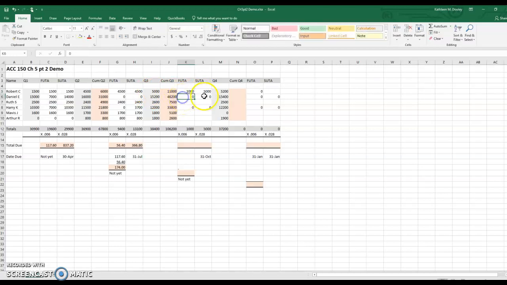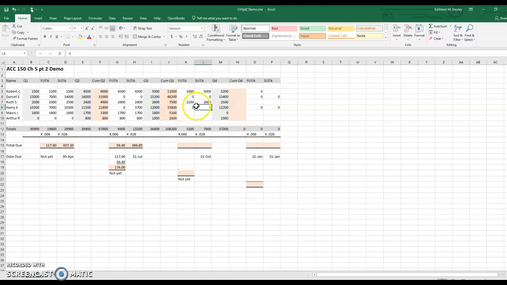Okay, for Daniel, we already have our zeros in. Let's go down to Ruth, has 7,500, which is a little bit over the maximum for FUTA. So we go back to cumulative 2, that's 4,900. So I take the 7,000 minus the 4,900, there's 2,100 left to hit the maximum. So out of the 2,600, 2,100 is taxable for FUTA. Now, the ending cumulative for quarter 3 is still underneath the South Carolina maximum, so all 2,600 will be taxable